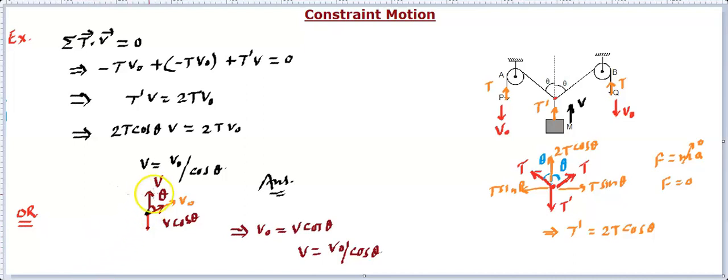So sometimes this becomes confusing if it is not clear. So you can use this. This will give you the right answer anyway, and it will not require this kind of interpretation. But if you are doing this kind of interpretation, then whatever point you are writing, you first write the final velocity, then make the component of the final velocity, and then say that the two components are equal.